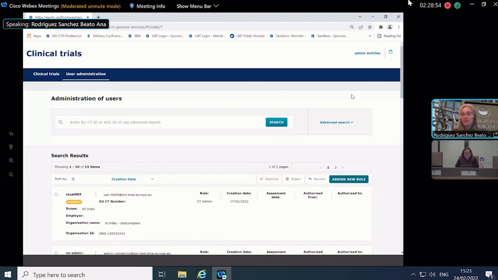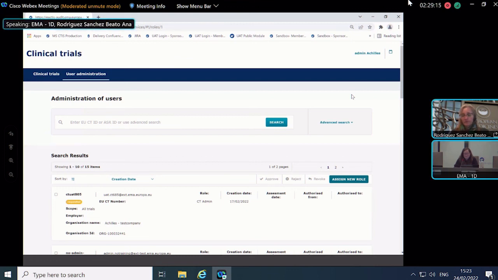The same goes for the CT admin. You can have several CT admins, and in fact, we always recommend having at least two: the main one plus a backup, just in case that person is on holiday or on leave, then the other person can act. But there are no limitations. Yes, and always good to have backups, of course.